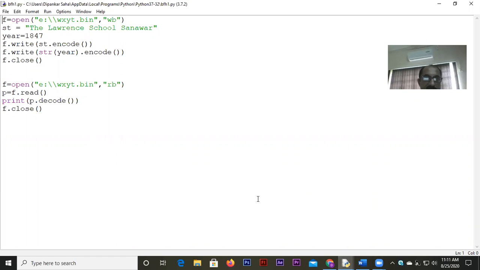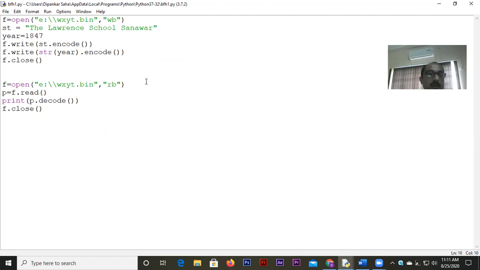Look at this, here, what I have done. I have taken a binary file called wxyt.b. This is my file and I opened it in writing mode. That rule is exactly the same. Now there is a string. I'm just showing you a very simple way of writing. Then I will tell you the other ways of writing onto it. There is the value given here, and I took another variable, which is a numeric variable, you can make out.